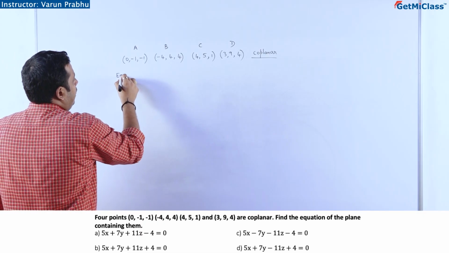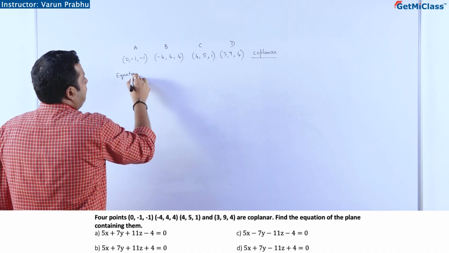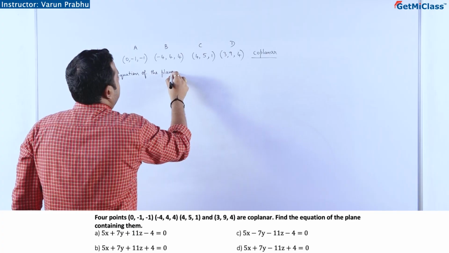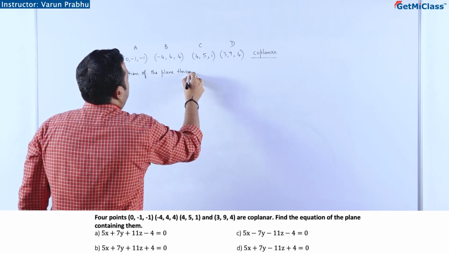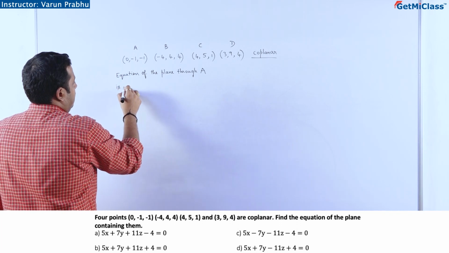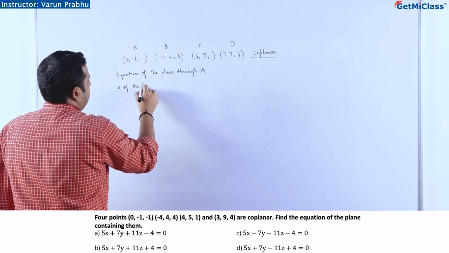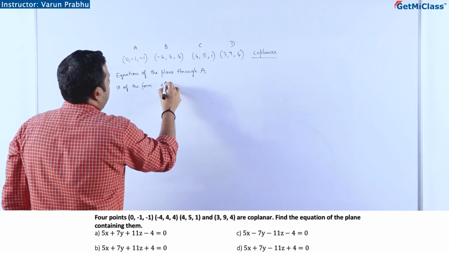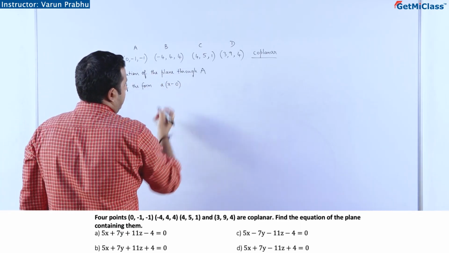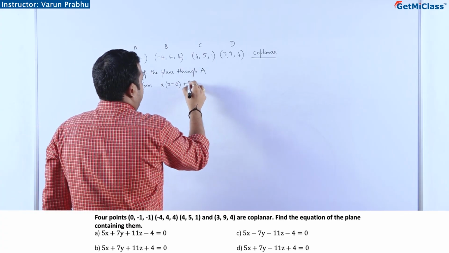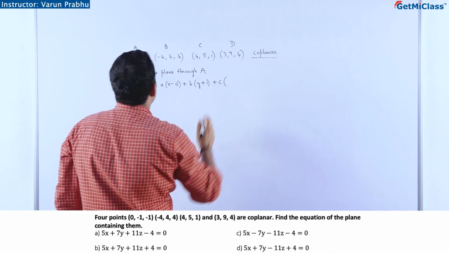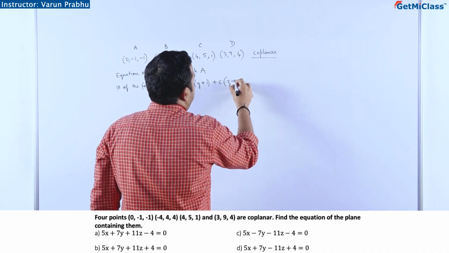So now, the equation of the plane passing through A is of the form like this, right? A into x minus, I'll call this point x1, A into x minus x1 plus B into y minus y1 plus C into z minus z1,